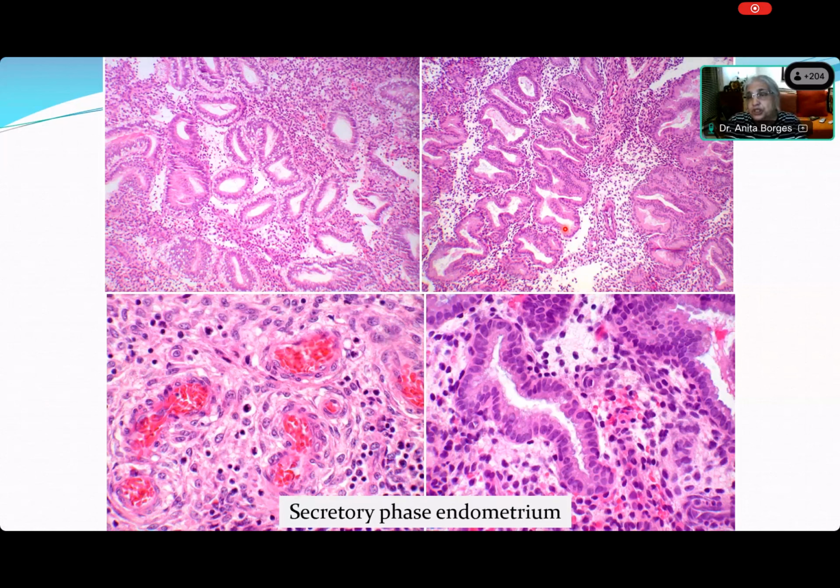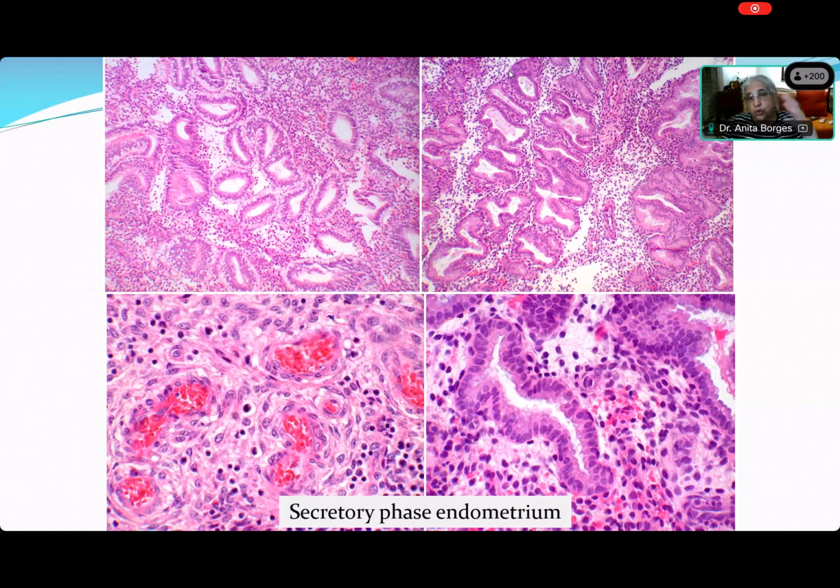That is the function of the spiral arteriole, which develops under the influence of progesterone. So the spiral arteriole is another very important feature of a secretory phase, or whether you call it a secretory phase or a progesterone having acted on the endometrium. So first thing that you get in the secretory phase is that it shuts off proliferation. Progesterone shuts off proliferation, so there are no mitotic figures. The next thing that you should look for is the spiral arteriole.